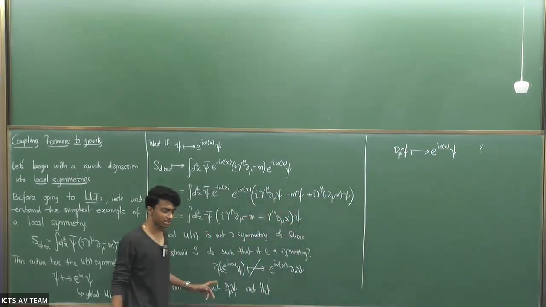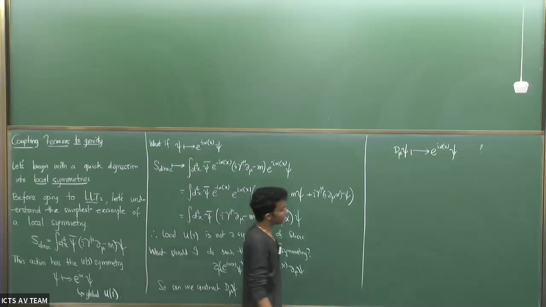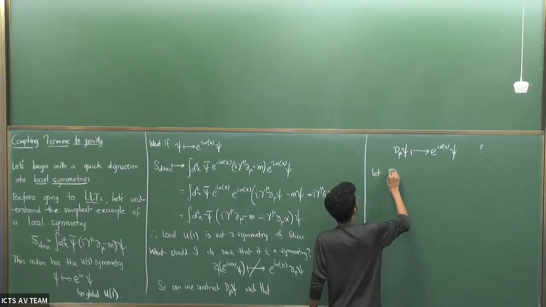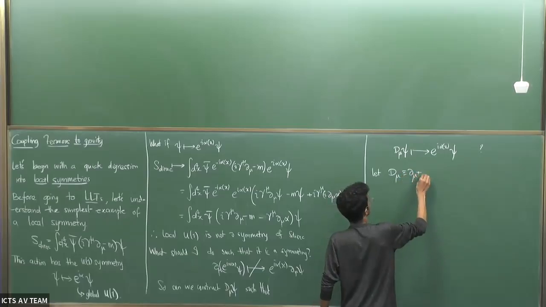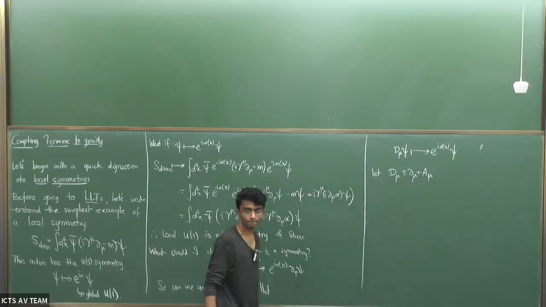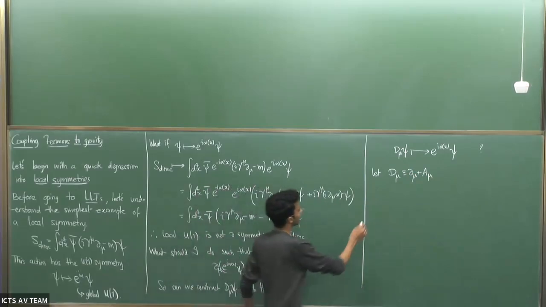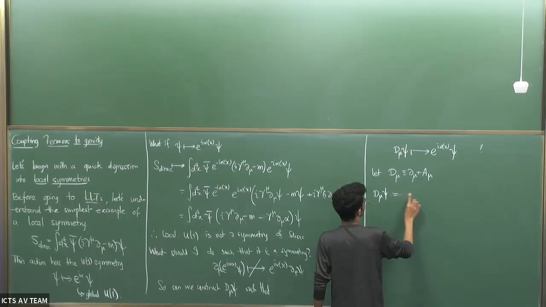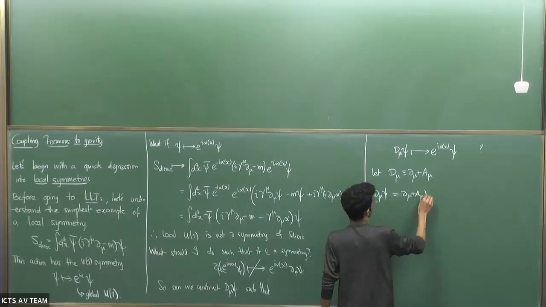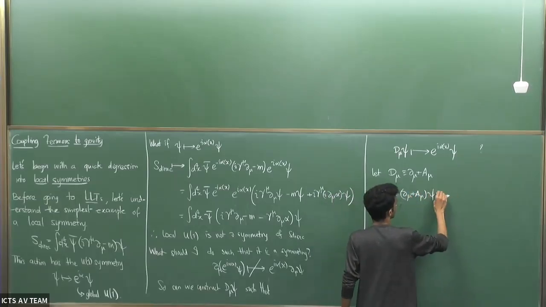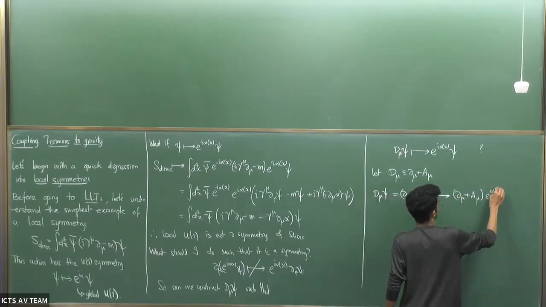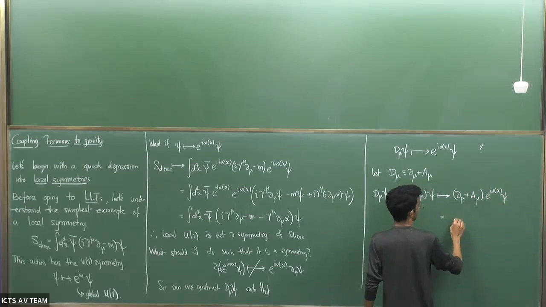And you notice that that's actually easy to do, right? But to do that, you have to introduce something new, right? Let us say d mu is actually del mu plus some a mu. Okay. Then d mu of psi transforms to what? So d mu of psi, which is equal to del mu plus a mu on psi, transforms to del mu plus a mu on e to the I alpha psi, which is equal to e to the I alpha of